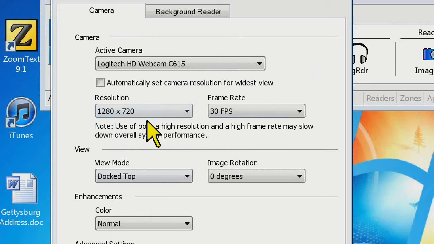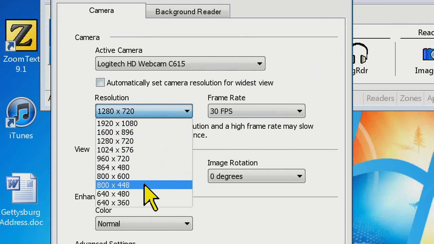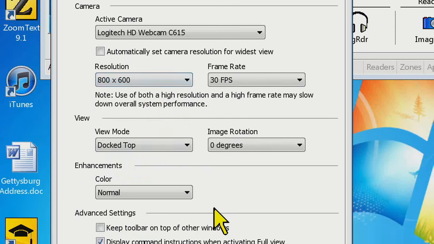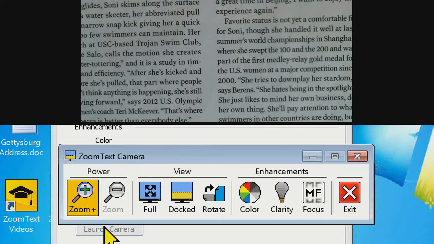And if you have a lower-end machine and you still want to use the camera feature, one thing you could do is lower the resolution. So uncheck that box and drop it to, say, 800 by 600, for example. Okay, and I'll launch the camera. Now what's going to happen, Camera horizontal split,